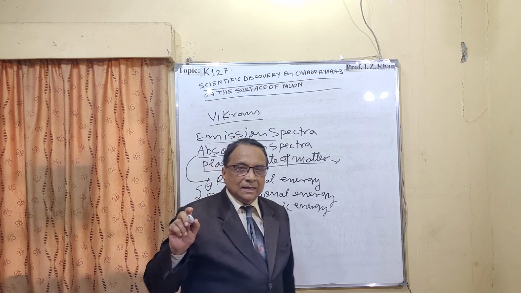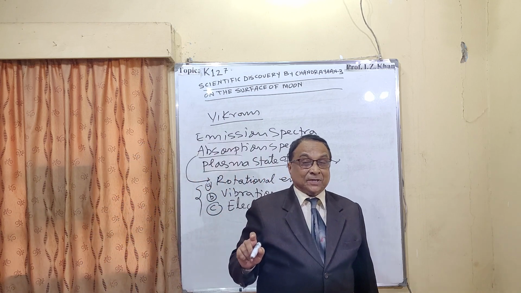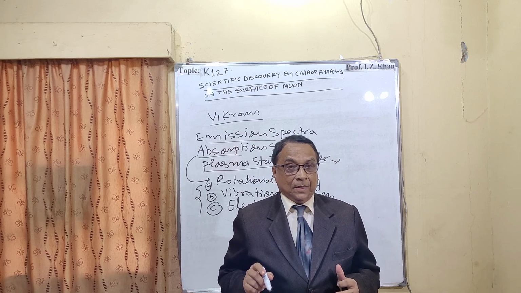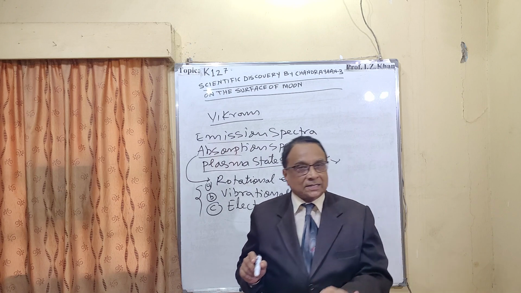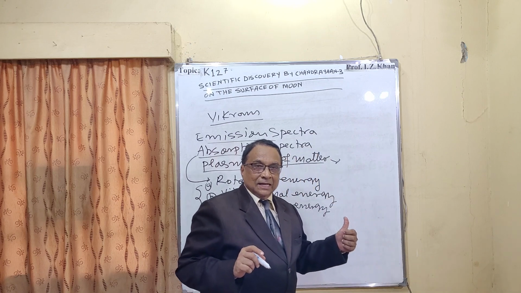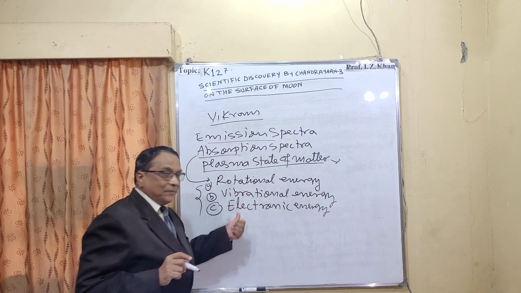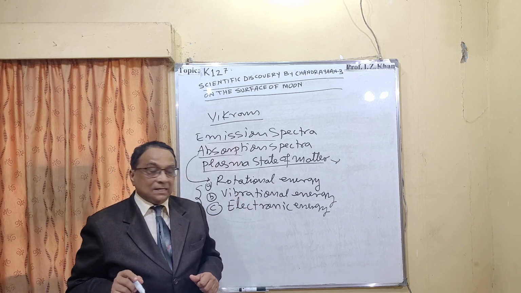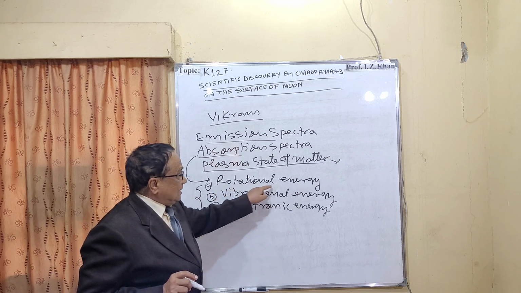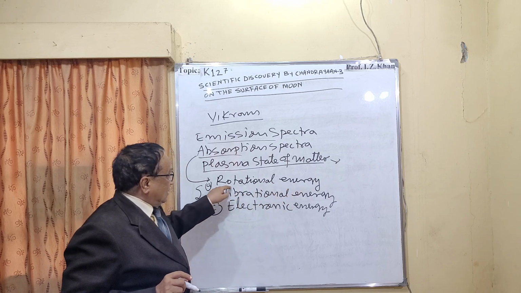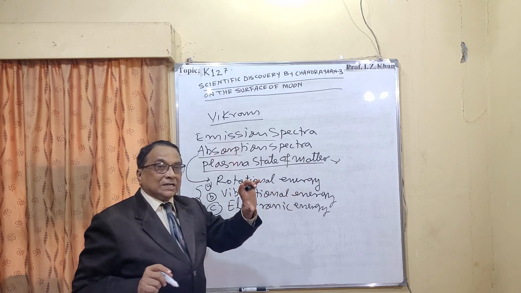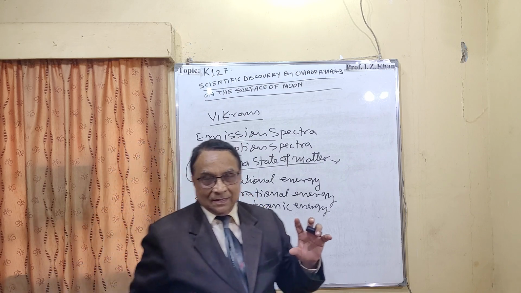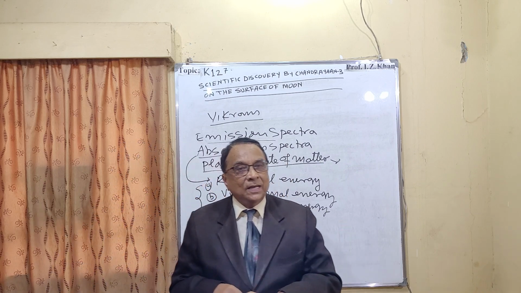Once any electromagnetic radiation is absorbed by any rock, by any dust particle, whether it is moon surface or earth surface, there will be a change in three types of energies associated with that particular matter or substance. First, its rotational energy will change. It will start rotating. That is called the rotational energy change.